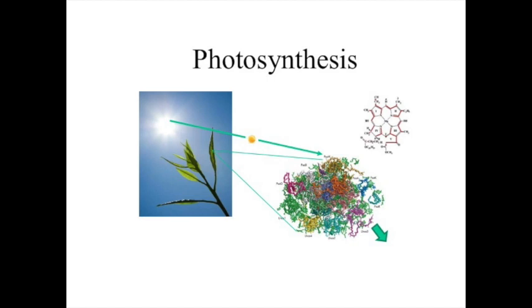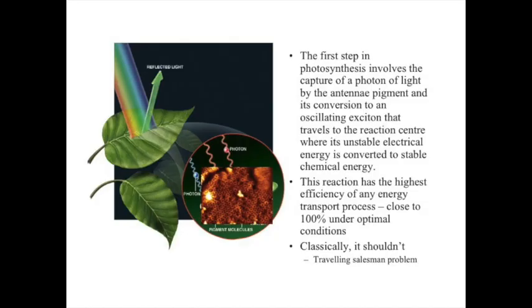So inside plants and all the other photosynthetic organisms, many of them microbes, are photosynthetic systems which consist of proteins and chromophores, such as chlorophyll. And this shows chlorophyll, a porphyrin ring with a magnesium atom sitting in the middle of it. And this magnesium atom has a loosely attached outer electron, which can absorb a photon. And that's the first step in photosynthesis: an electron in the outer orbital of the magnesium atom absorbs a photon.